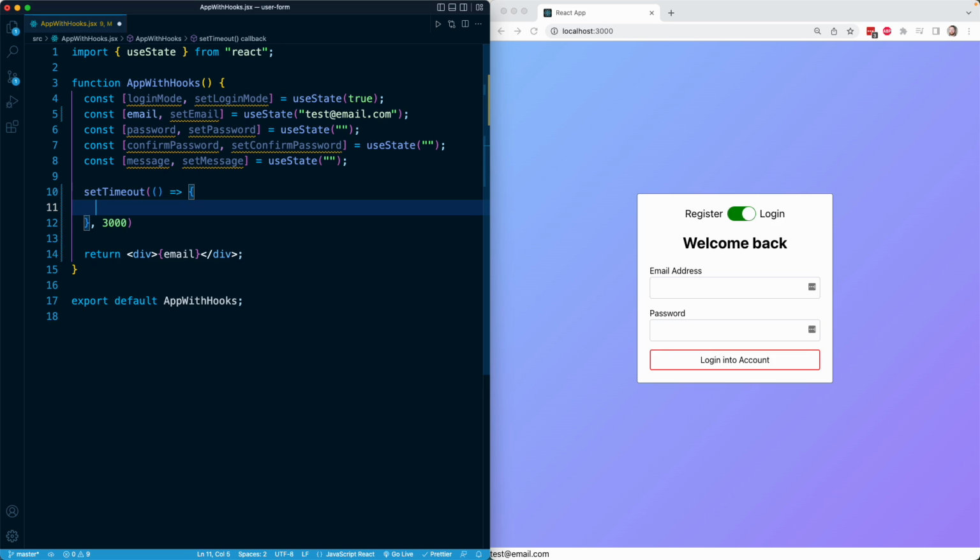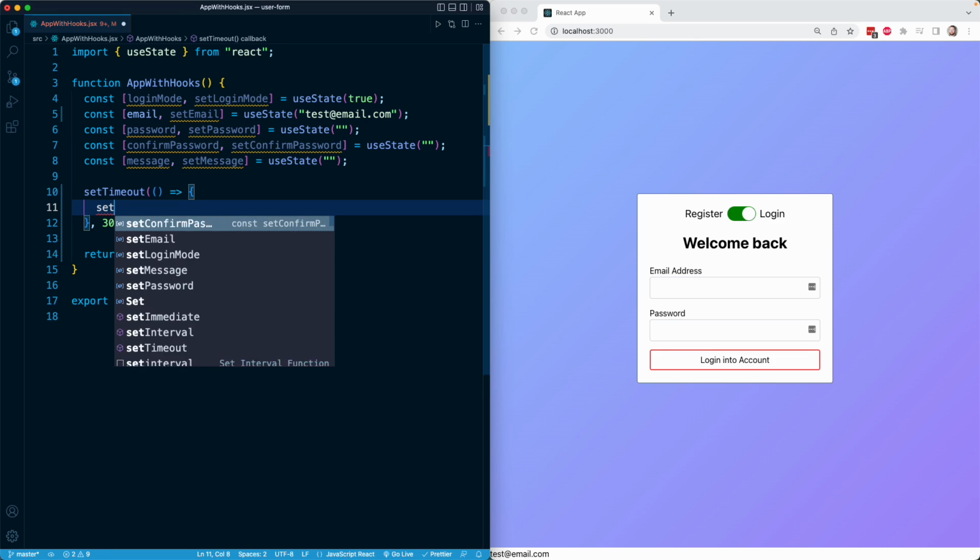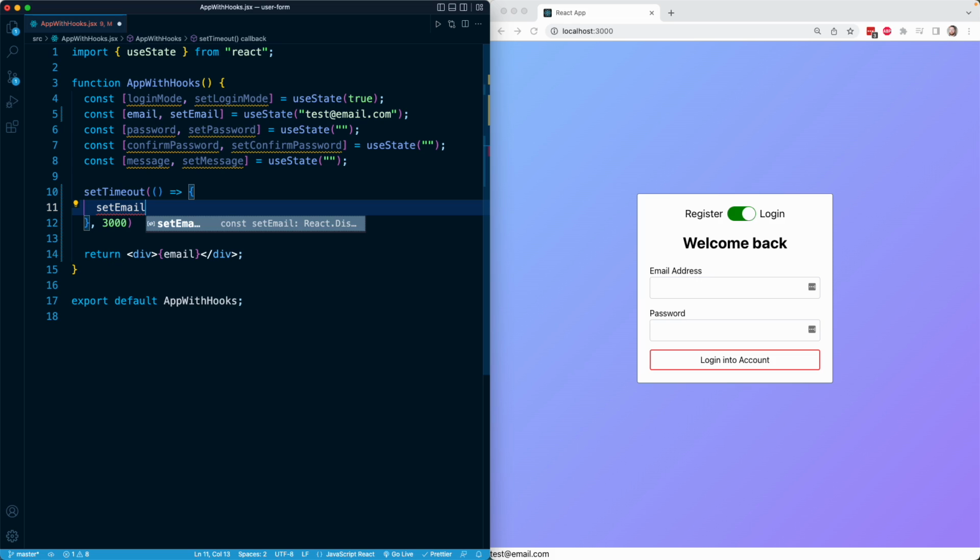So what I'm going to do in the body of this function is use setEmail, my setter function, and give it another arbitrary value. So for example, let's do Ernie@sesamestreet.com. Okay, so the way this is going to work when I save the file is our component is going to initialize, and its initial value for the email state is going to be test@email.com, which is what we're going to render on line 14. Then in 3 seconds, I'm going to get setEmail to run